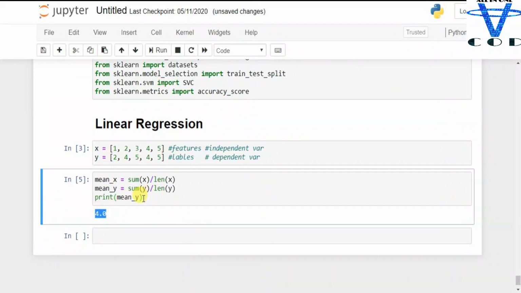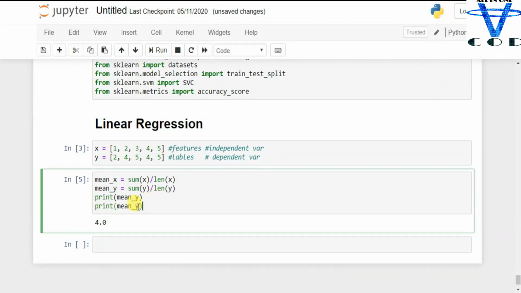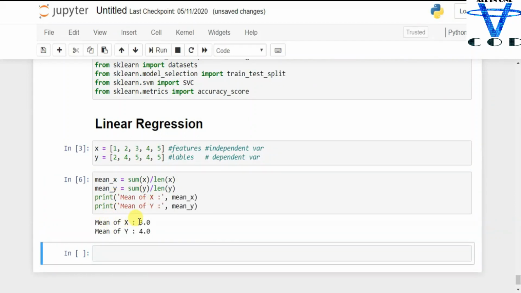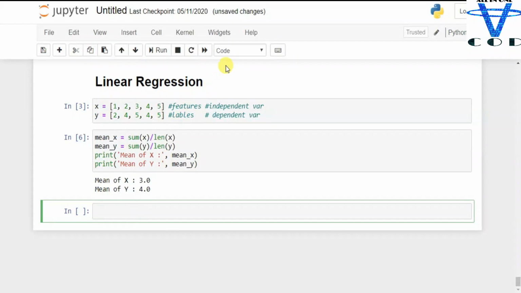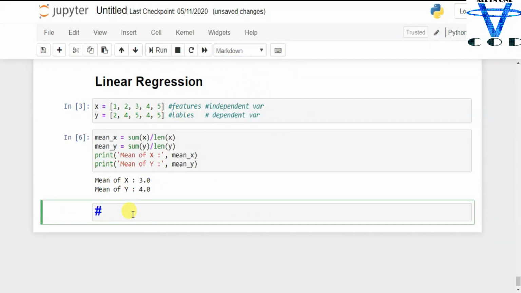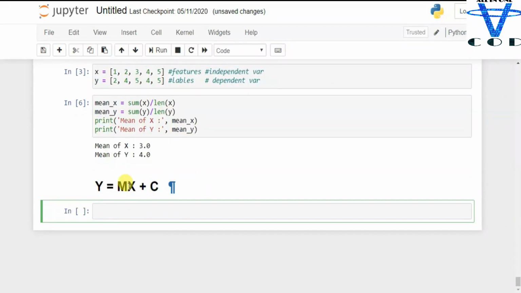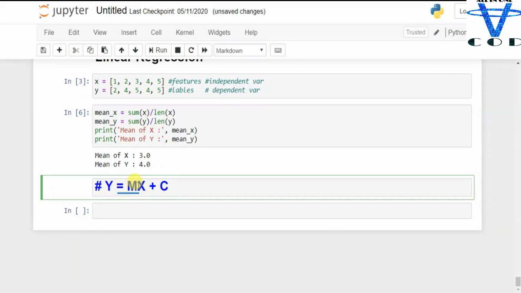So I'm going to copy this, print this here, and change the names to x and y. Okay, you can see we got mean of x equal to 3.0 and mean of y equal to 4.0. Now our equation is like this: y equal to mx plus c, or you can say m into x plus c.